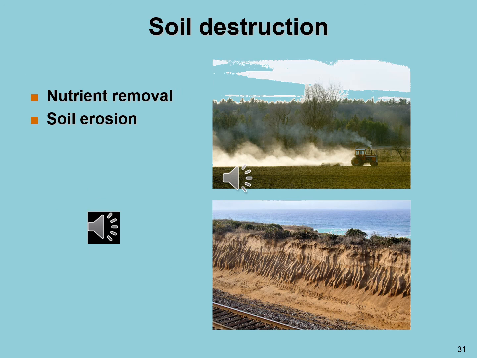Human activities such as agriculture, overgrazing, and clear-cutting have led to the destruction of large areas of soils. This destruction results from two processes: nutrient removal and soil erosion. Nutrient removal: some crops add certain nutrients to the soil, and some crops deplete certain nutrients from the soil. Farming without crop rotation, planting monocrops year after year, tends to over-deplete the soil of minerals and inhibit the growth